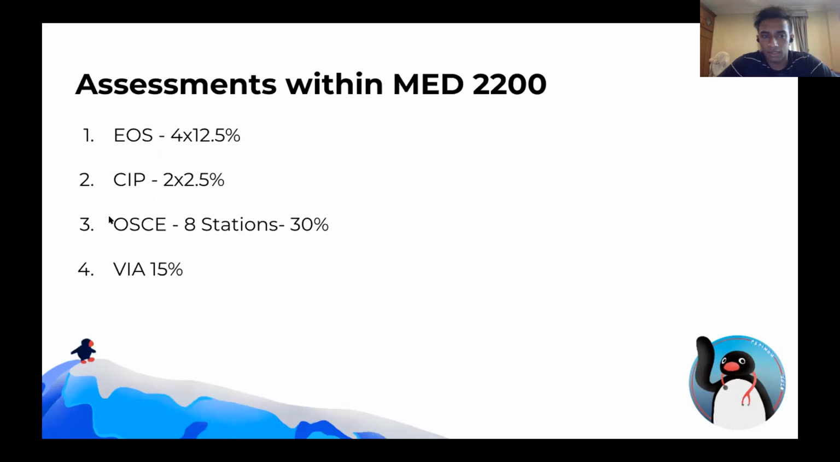This year, Monash is going to include your OSCEs and VIAs. OSCEs are a bit scary because I'm sure you all haven't had a proper experience with them before, but hopefully over the semester you'll start to understand what can be tested and what can't be tested for OSCEs. And similarly for VIAs,